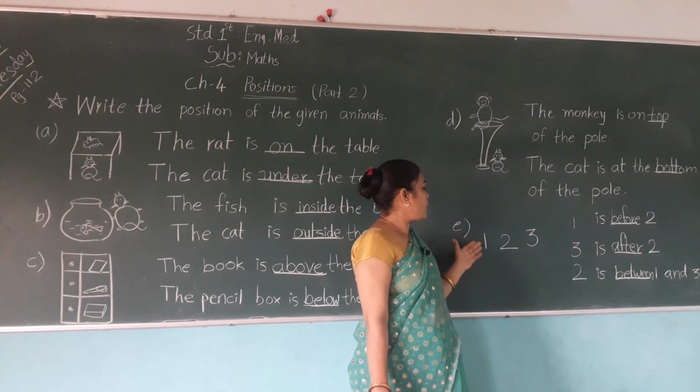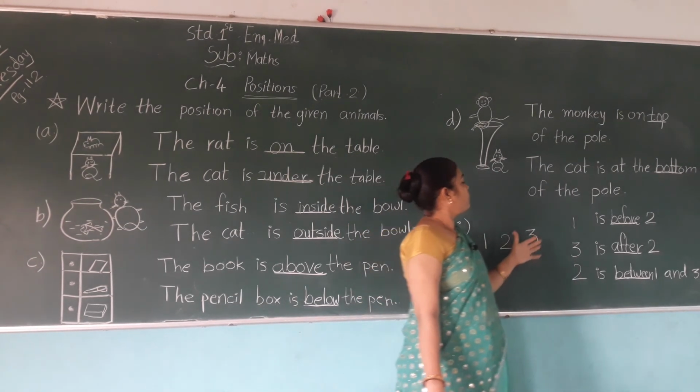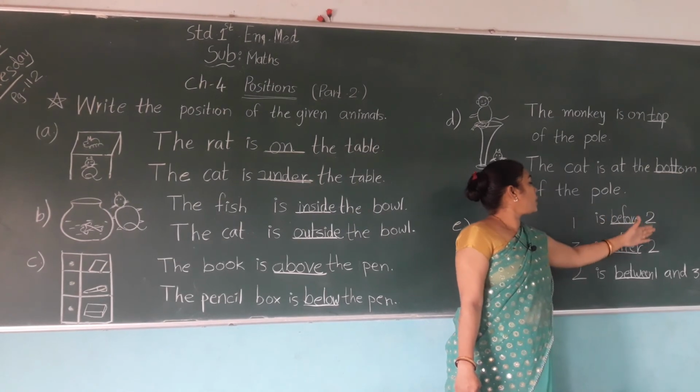Now see, the numbers 1, 2 and 3 are given here. 1 is before 2. Where